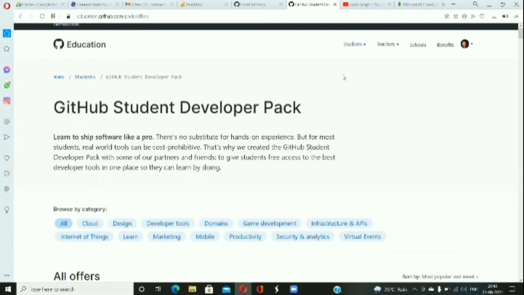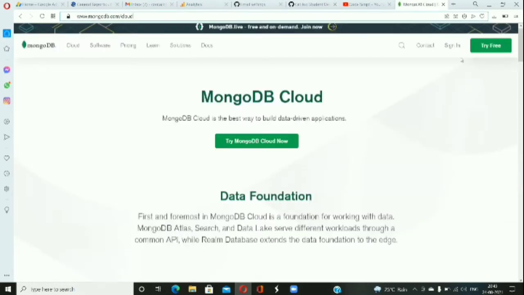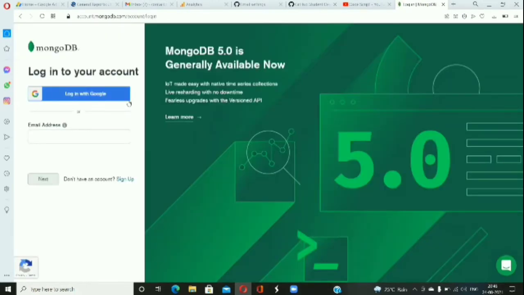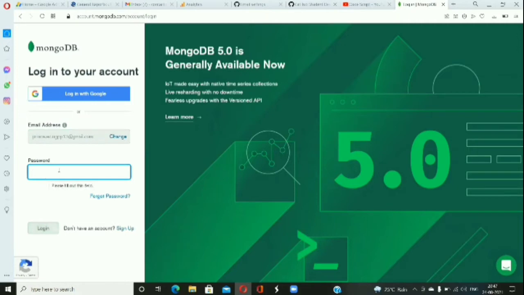And then when you get the student developer pack, go to this URL and click on sign in. If you have not created an account on MongoDB, just create the account by filling in the email address, or if you have an account, enter the email address and log in to your MongoDB Atlas account. I have already created the account, so I will log in.